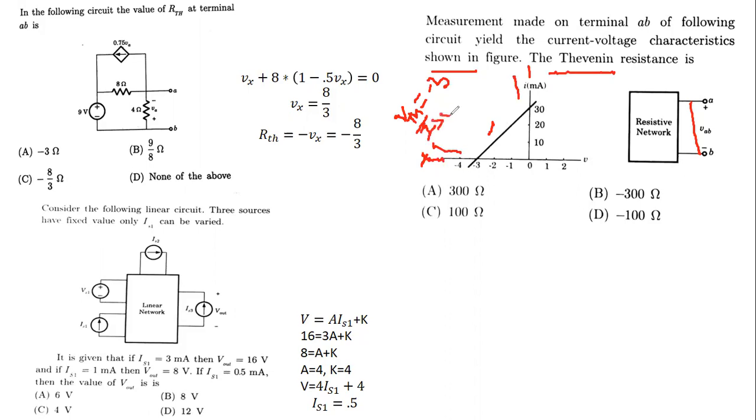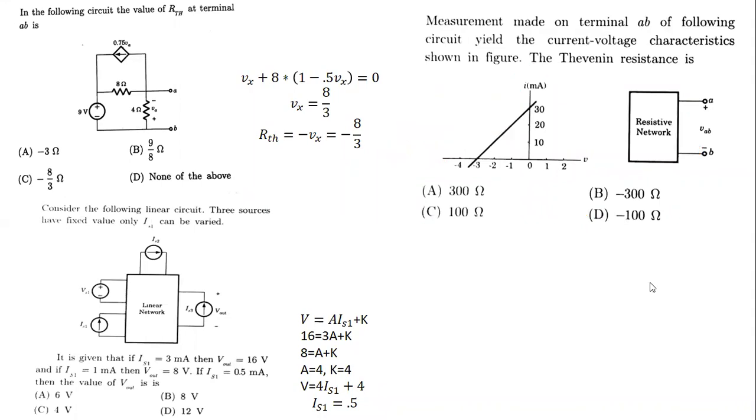So ISC of my circuit is equal to 30 milliampere. This is the value of current. So Thevenin resistance is always equal to VTH over ISC or IN. That is minus 3 divided by 30 milliampere. So this value of resistance is minus 100 ohm. So never get confused with the sign. See, there is an answer of minus 100 ohm and another of 100 ohm, but the correct answer is minus 100 ohm.